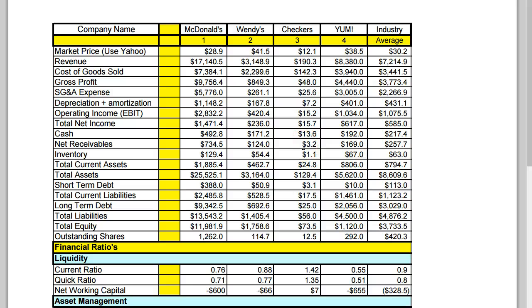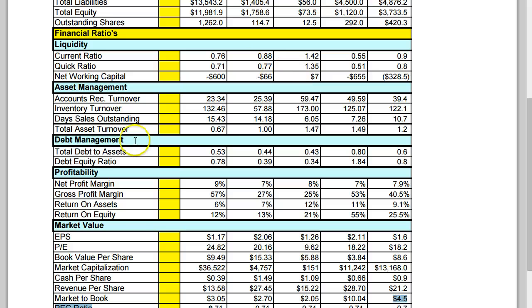And wherever you have zeros, put in 100 just so it can calculate if that's one of your issues. Yeah. And another question was, for your industry page, I only have 4 companies here, but you should have at least 10. You do need to calculate an industry average, which is a simple average,